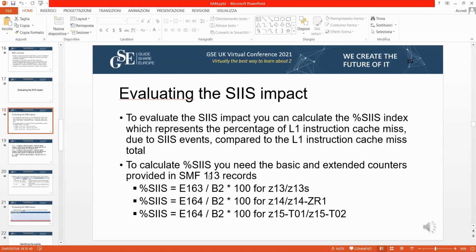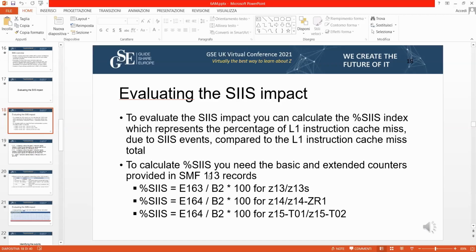And again, I assume you know this, but anyway, especially the extended counters change from hardware to hardware. So the formula could be slightly different when you use a different kind of machine. Only in the recent versions have they stabilized the extended counters.